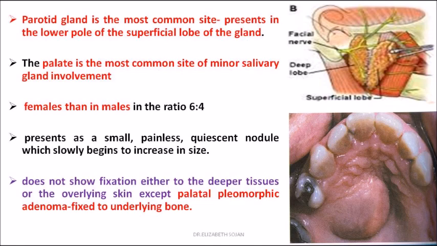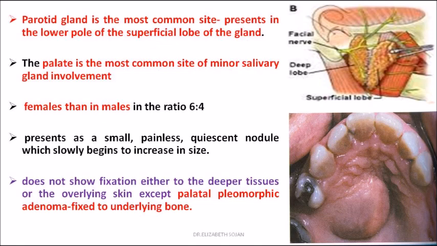The parotid gland is divided into a superficial lobe and a deep lobe. Can you make out in that first picture, the superficial lobe and the deep lobe are both given? Who divides the parotid gland into these lobes? It is the facial nerve. The facial nerve passes through the parotid gland and divides it into the superficial lobe and the deep lobe. So this will be useful in anatomy also.